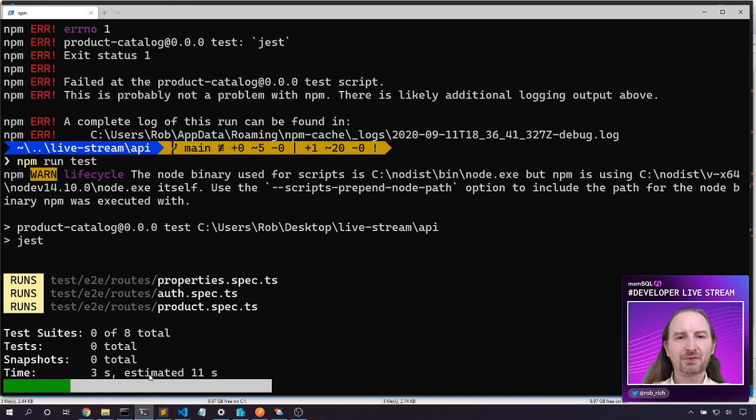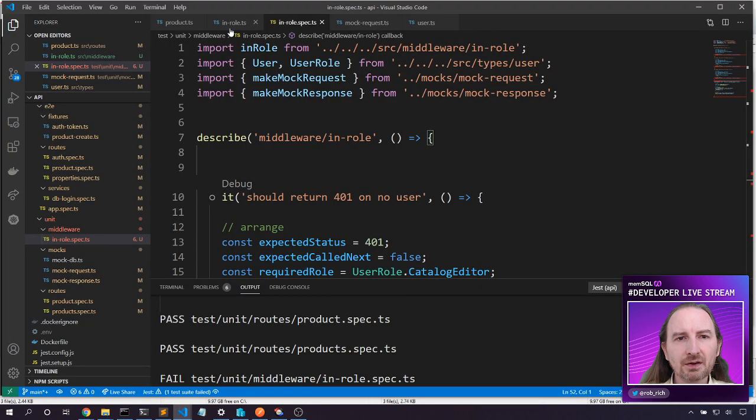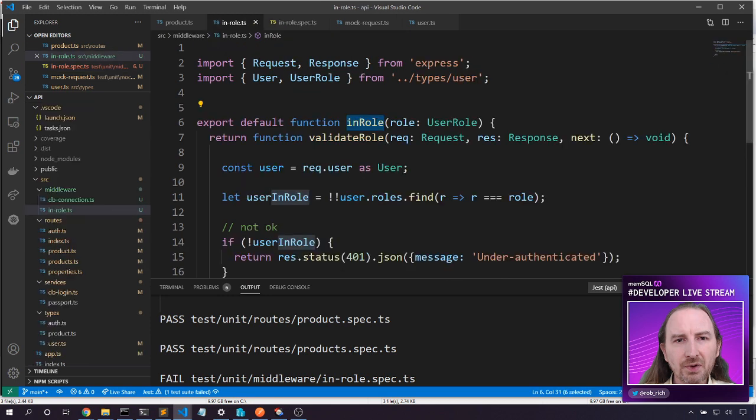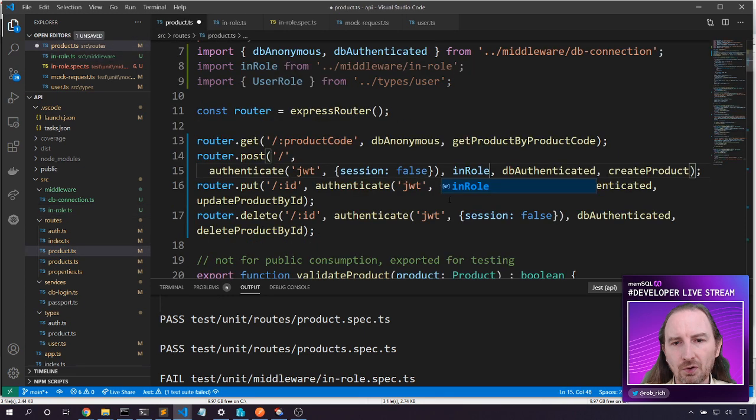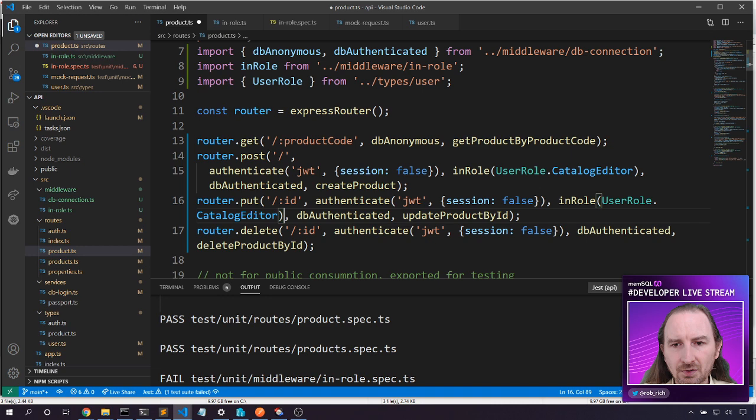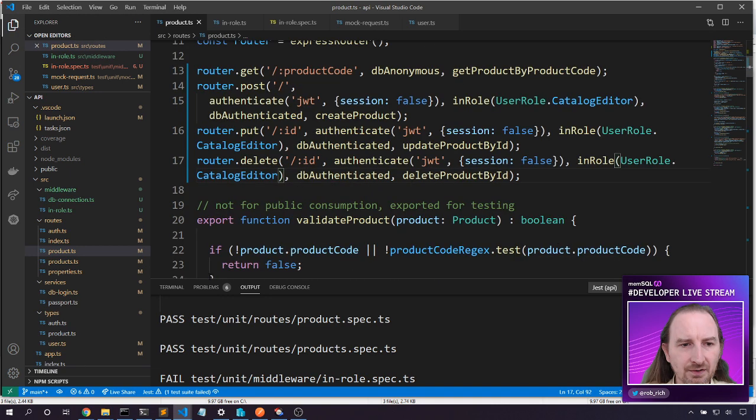Enroll. So now that we've got our enroll methodology built, now we can start sprinkling it around in all of the places. So let's validate that we're in role, user role dot catalog editor. Now I need to be catalog editor to be able to modify a product, to create a new product, and to delete a product. I also need to be a catalog editor here to be able to